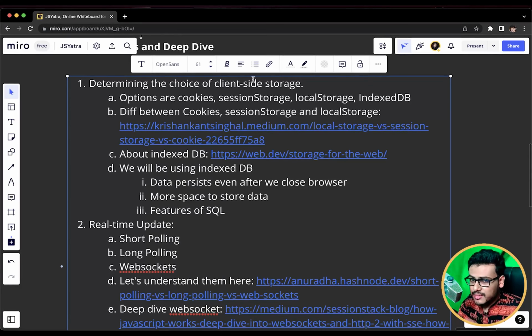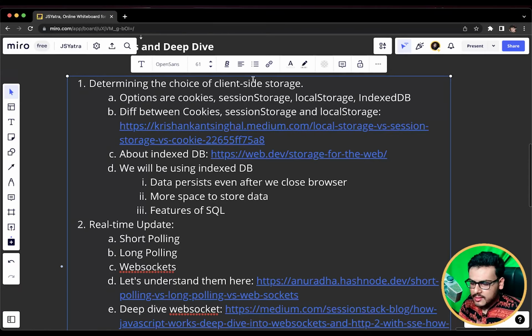We are expecting these two items from the database. First is what? We need a good storage. Second is what? We need the data to persist even after the system is closed down and restarted. Okay, and we need a common source of truth for the system.